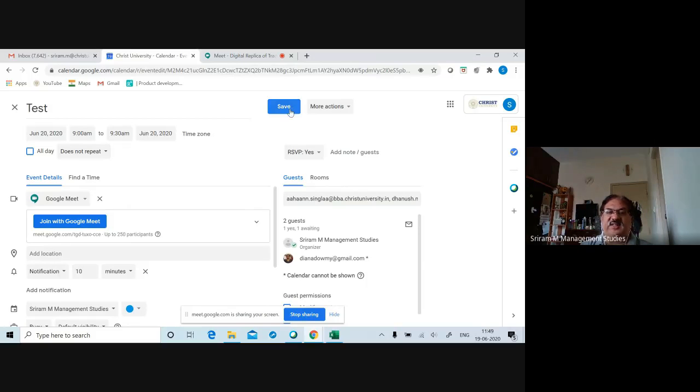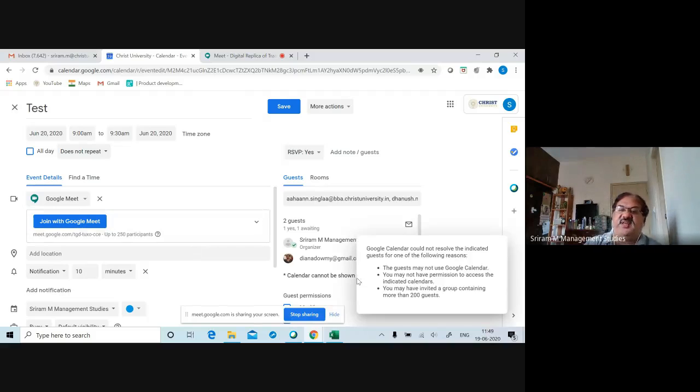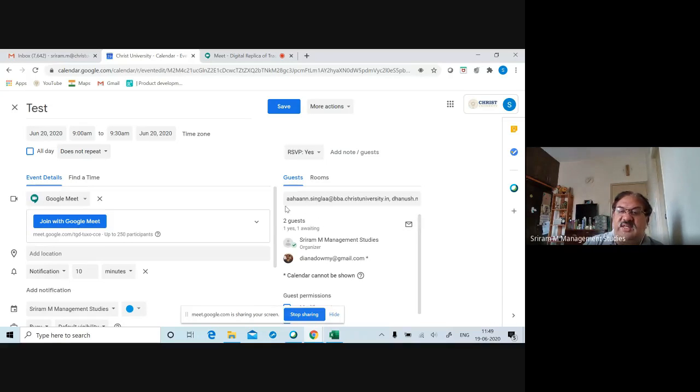I'm not pressing save here, or else all these students will be getting the invitation. That is the reason. You can see I've invited 71 people in one shot. Every email has been pasted. You can see here, these are all our class IDs. Since it's all Gmail, the IDs of the entire class get pasted in Google. This is an advantage when you schedule using your Google Calendar.